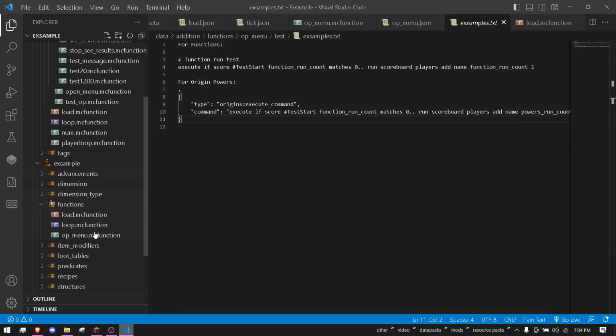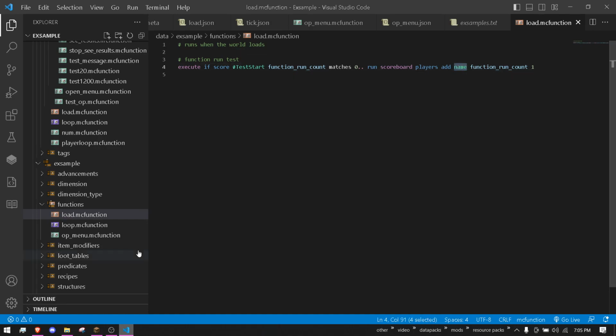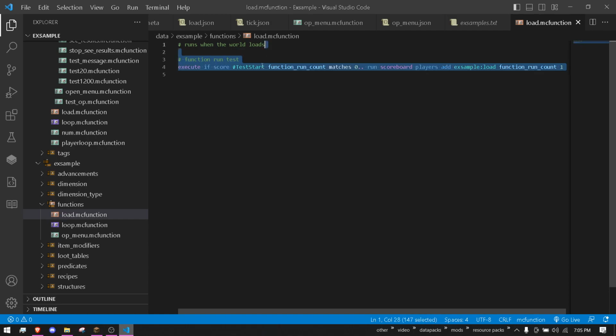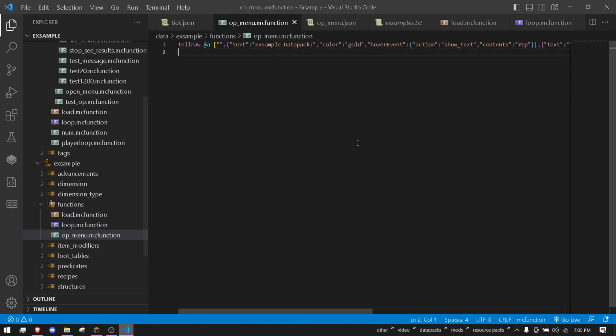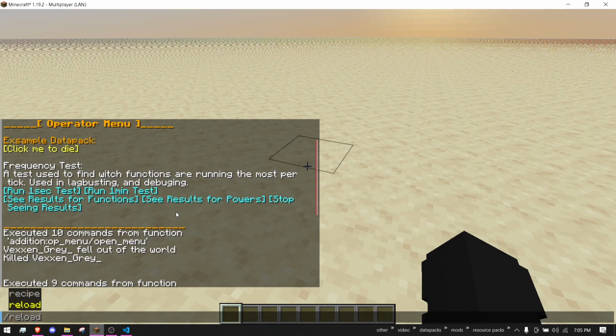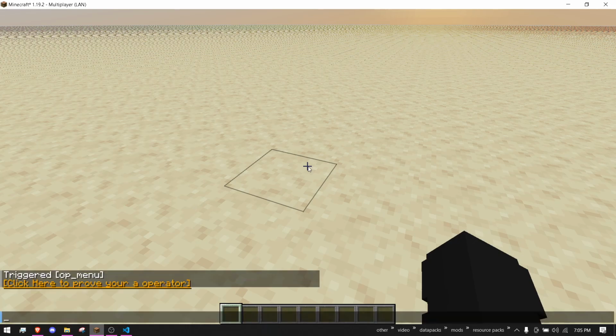Anyway, but for functions, all you have to do is add this to the bottom of your function anywhere and replace this name with the function's name. In this case, it's going to be example load. And then this function is going to be loop. And this function is going to be op menu. And now if I do a /reload, and then if I open up the op menu again,